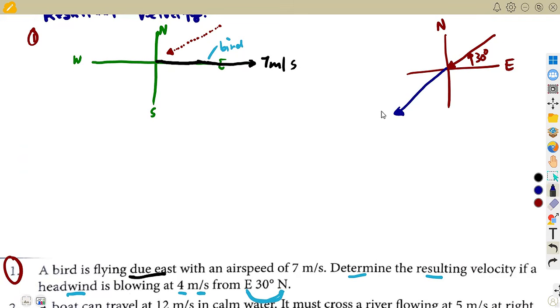So if we are to extend it like this, it means if this angle is 30, remember from our vertically opposite angles, this angle is going to be also 30 degrees. So this is what we have. This is the wind, guys. This is our headwind, this one. But we take it to the other, suppose it is blowing, it is entering to the point here. It must be taken out of the point. Okay? Remember your forces. It's not like if you work it like that, it's going to be wrong. No, it will be fine, as long as you